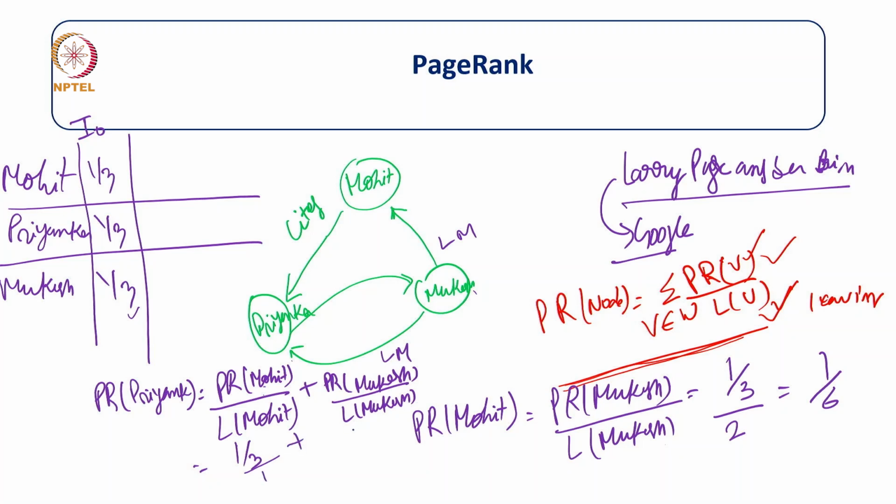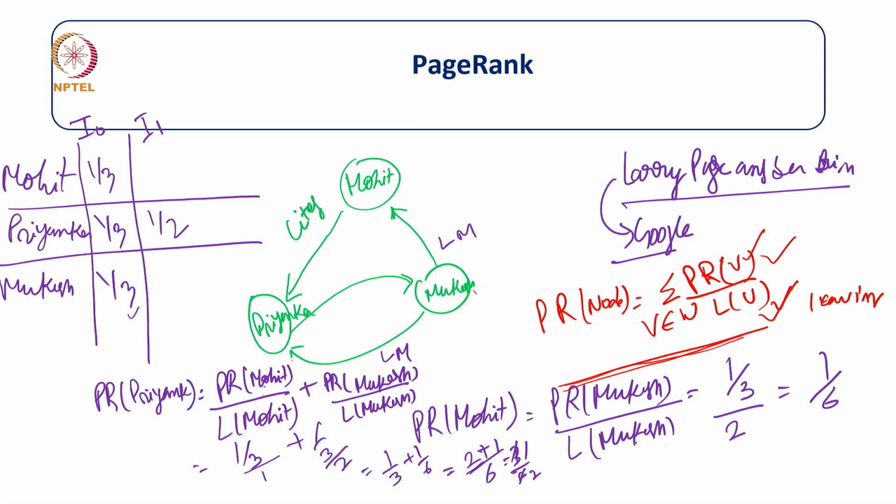Then PR of Mukesh is 1 by 3 divided by 2. So it will be 1 by 3 plus 1 by 6 equal to 2 by 2 plus 1 by 6. So it equal to 3 by 6, 1 by 2. Okay. So rank PR of Priyanka is 1 by 2,